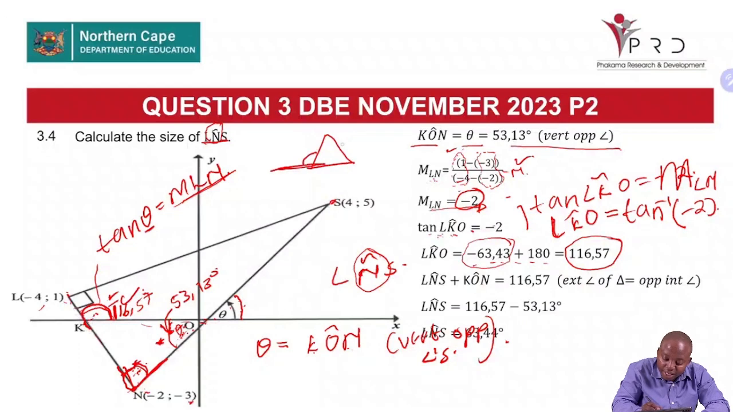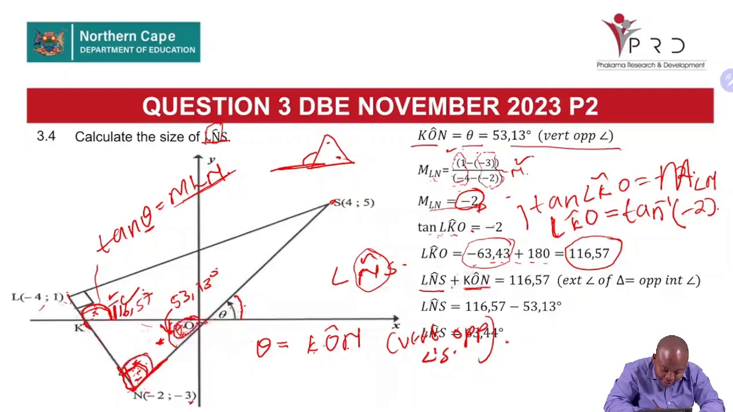This angle is equal to this plus that angle. So that's what we are doing in this case. So this is the angle we're having. It's equal to the sum of the opposite interior angles. That's what we're saying. We now say LNS plus KON. That means this angle plus that angle is equal to